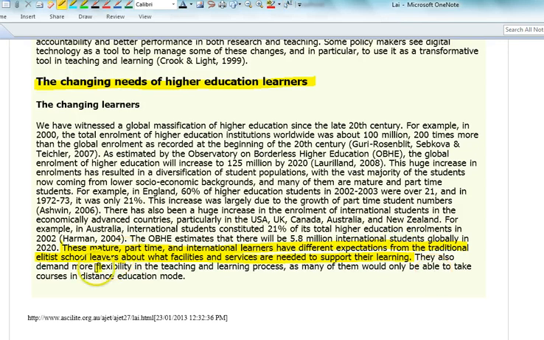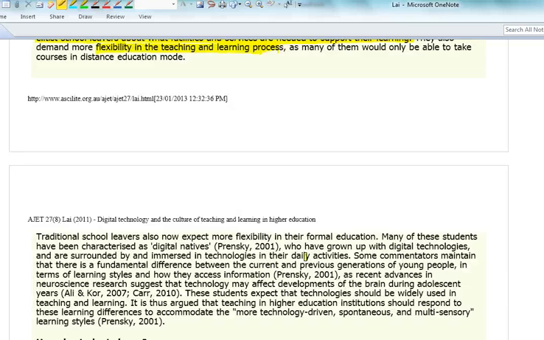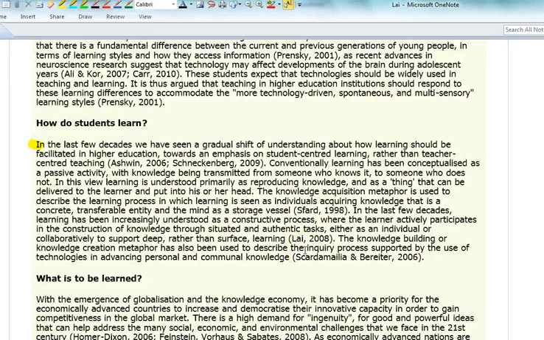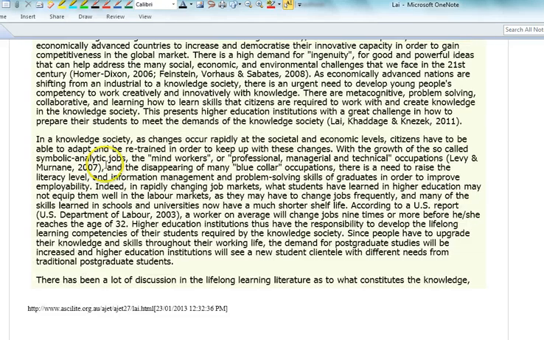So more flexibility in teaching and learning processes. So this can apply not just to formal environments but informal and non-formal environments as well. Also, other points in here that link up with constructivism. Mention again of the emphasis on student-centered learning rather than teacher-centered learning. It's a shift that has happened in the last few decades, and